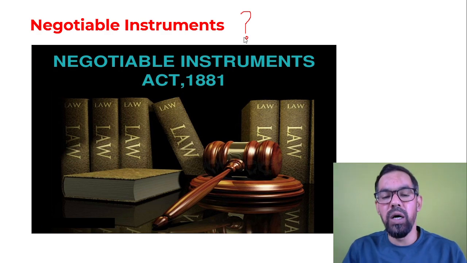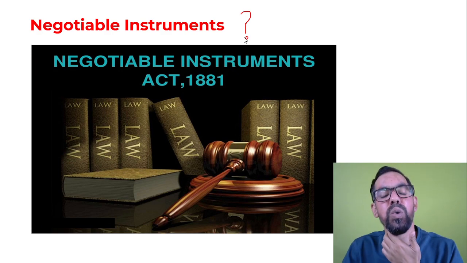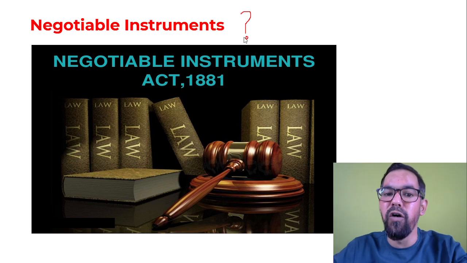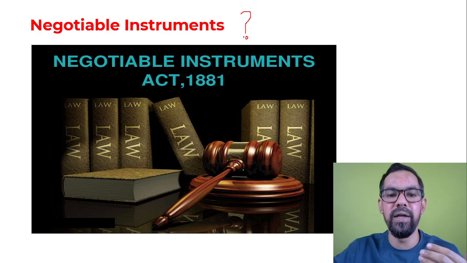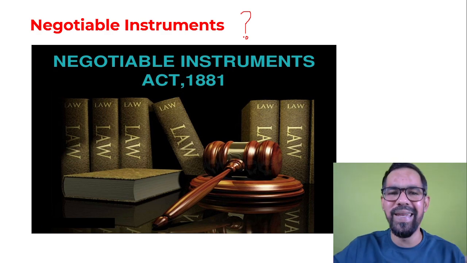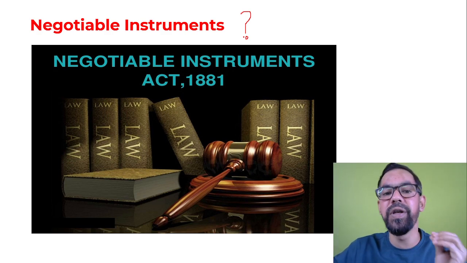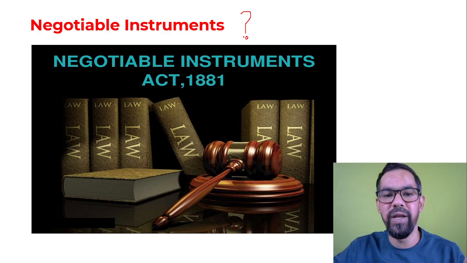These are law abiding documents. They are bound by a certain law, which is known as the Negotiable Instrument Act 1881. So you cannot make any false promise on these particular documents. Let's say a person issues a cheque, and he is not able to make the clearance of that particular cheque due to any reason like insufficient funds. Then some legal action can be taken against that person, as per the Negotiable Instrument Act 1881.